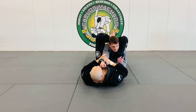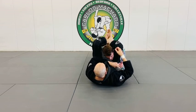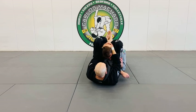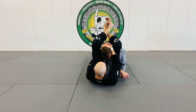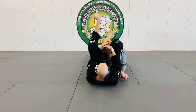Okay? From here, if I can just bring his arm across right here, pull him in right here, and grab like a Muay Thai clinch right here, and lift my hip and pull his head, I'll finish that triangle. But I cannot do it like this. This right here just gave me a cramp right there. So it's